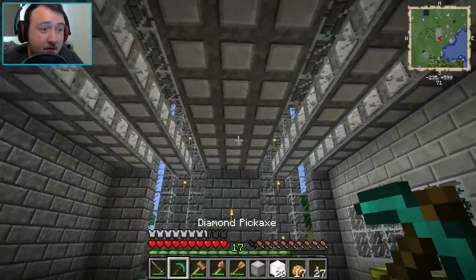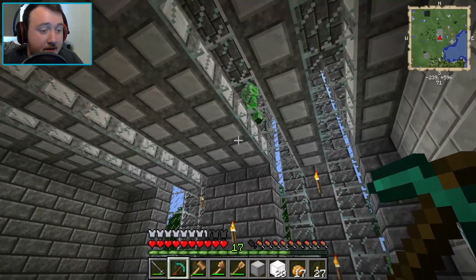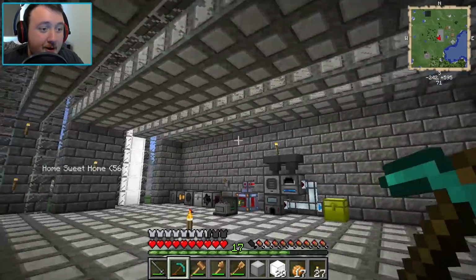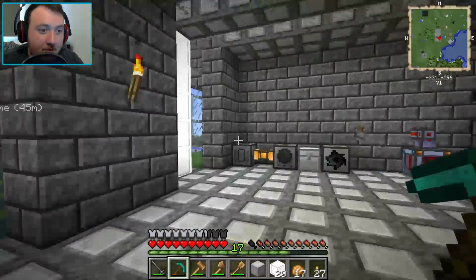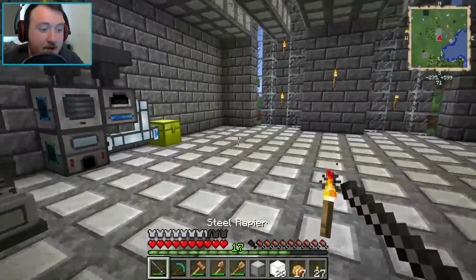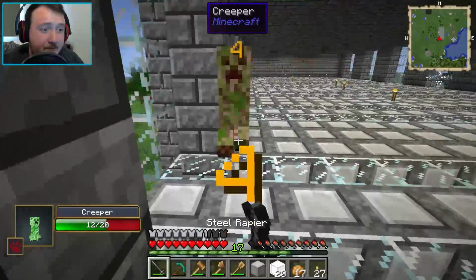Now, I need to deal with this creeper, but I don't know where he is. There he is. Okay, buddy. What do you want? Go away. I don't like him at all. I'm worried he's going to come, like, drop on my head while I'm up here, too, while I'm doing this. Okay, what we might try and do is jump up and take him out. Hopefully he doesn't blow a hole in our...